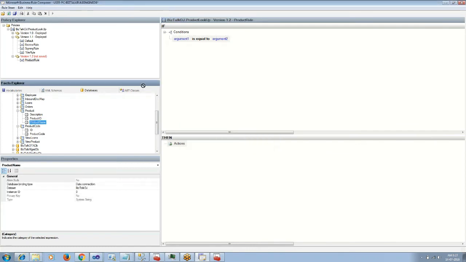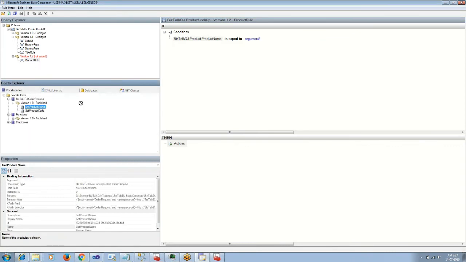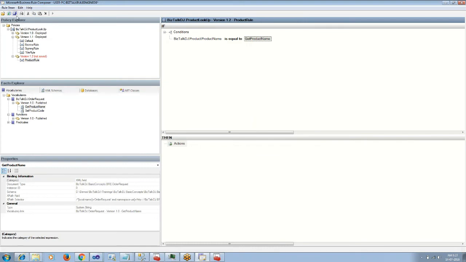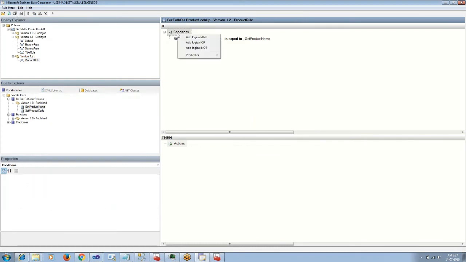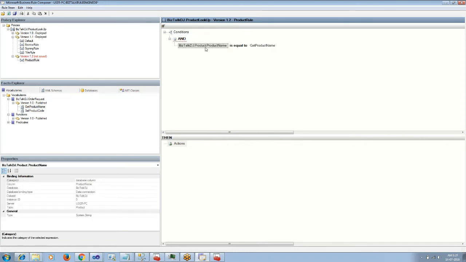We will look for the product name from the database table, and we will use the vocabulary on the other side, and we will do an AND condition.